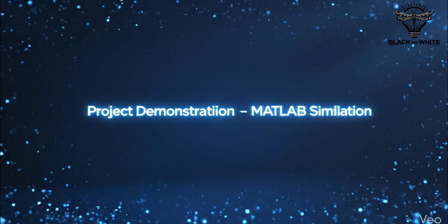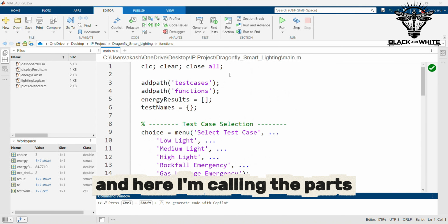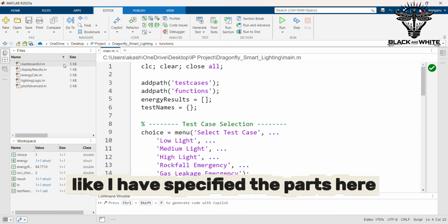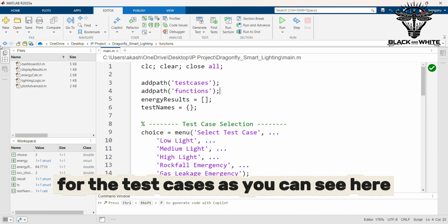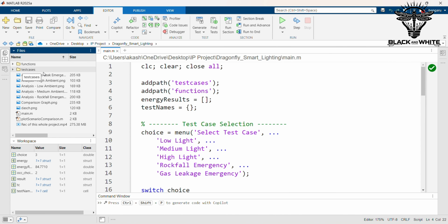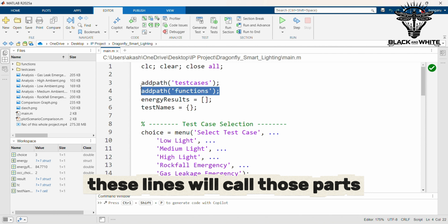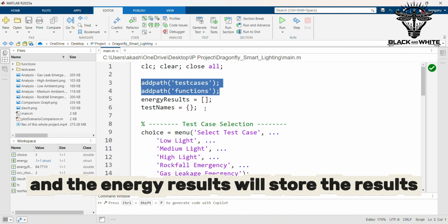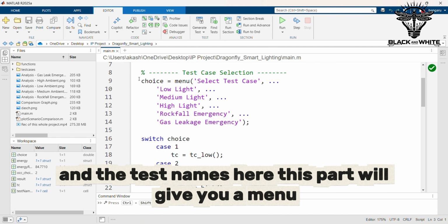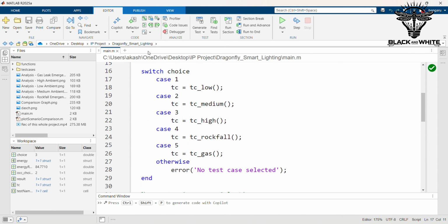So, in the main file we have specified all things, and here I am calling the paths, like I have specified the paths here for the test cases. As you can see here, functions and the test cases have been saved here. So here these lines will call those paths, and the energy results will store the results and the test names. Here this part will give you a menu drop down for the selection, and this switch case